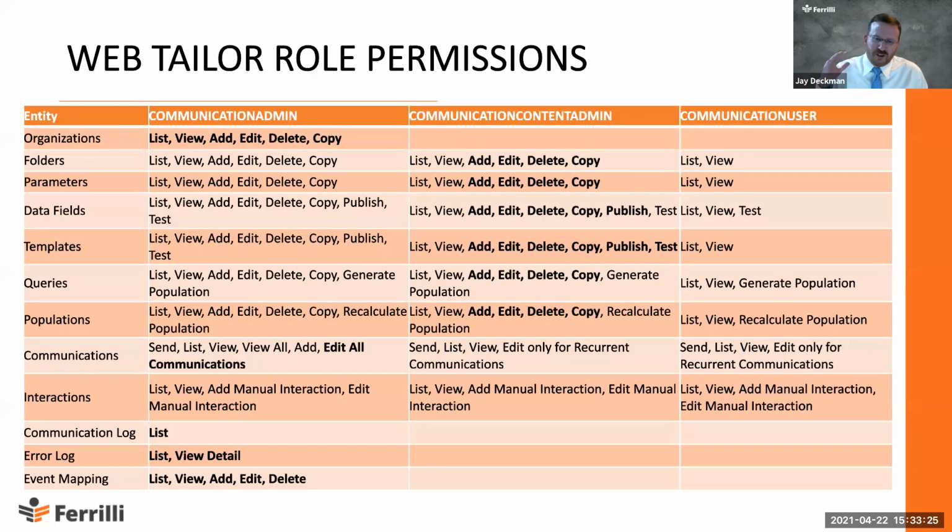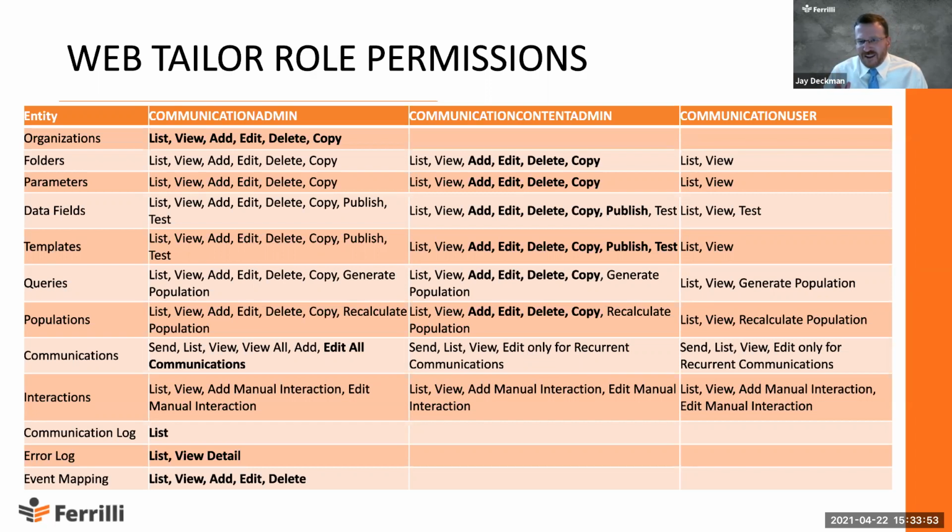Now, if we look at the next slide, this slide goes into a whole lot of detail about specifically what those roles can do. I've highlighted some of the fields in here so you can see which is different between the one column and the column to its right. So as you can see in organizations, they can do everything and nobody else can do anything at an organizational level. To make the long story short, the very top level things are only good for the communication admin,